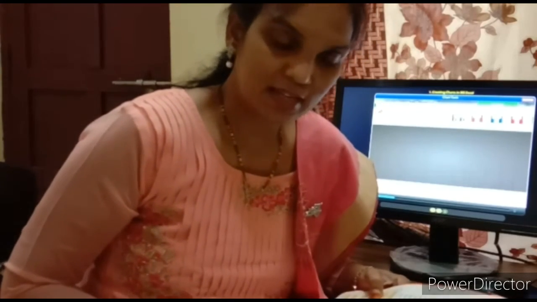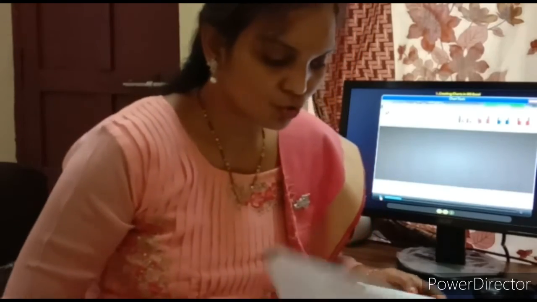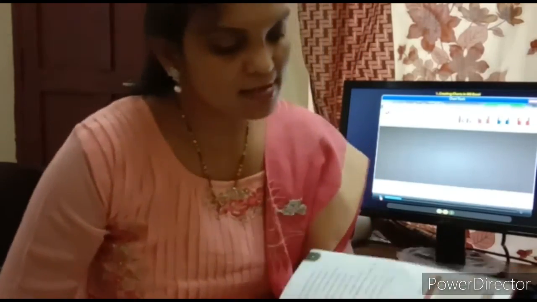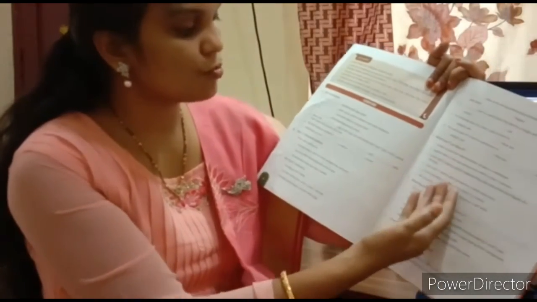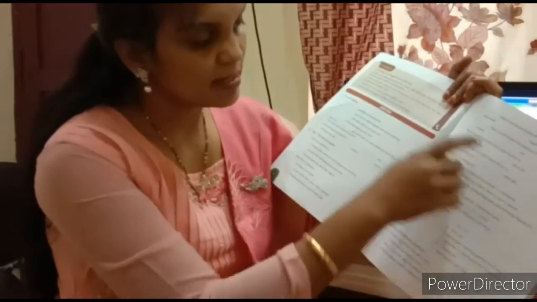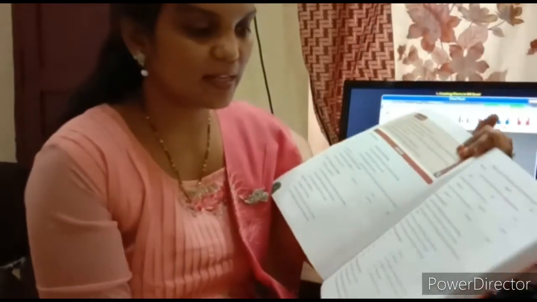Okay children, with this one we have finished the first chapter in MS Excel, that is creating charts in MS Excel. I want you to do the exercises that were available here. This one, the blanks, tick the correct options, true or false, and match the following. So you do these things as exercises and as homework, and then later I will be giving you the answers for this one.